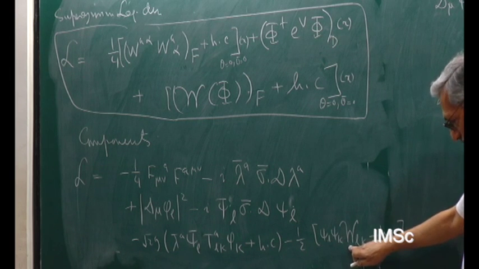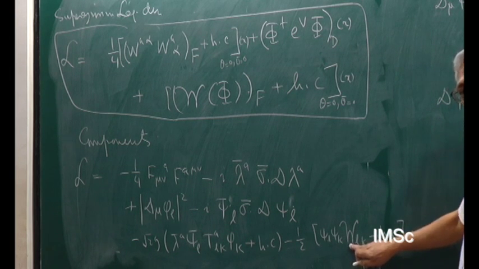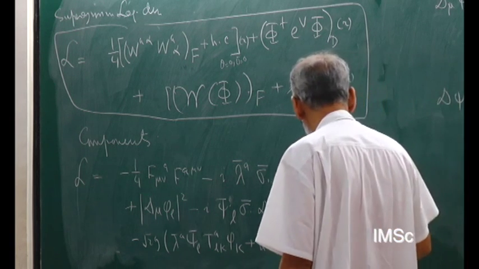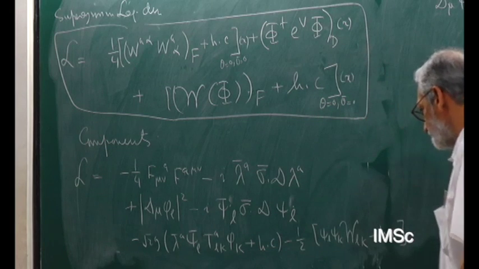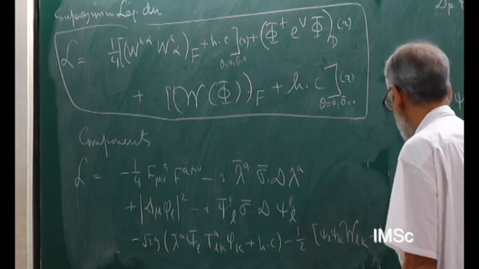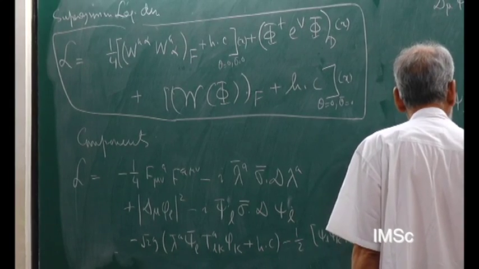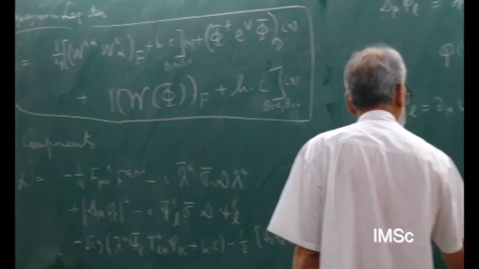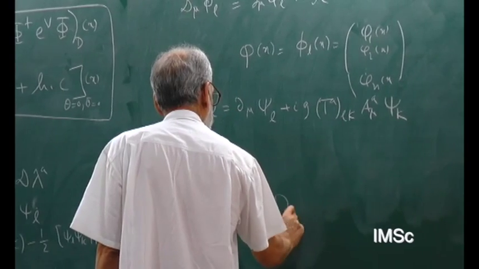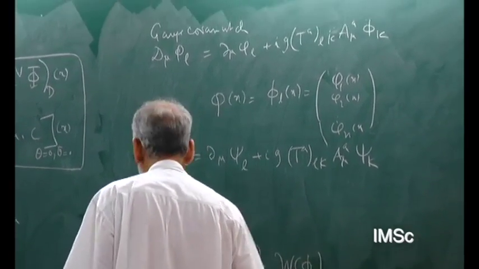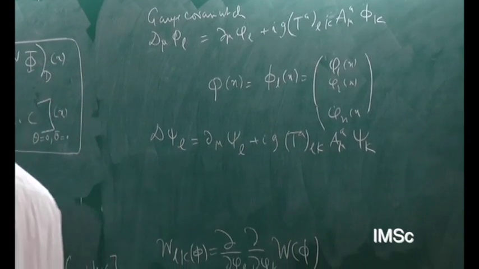So, W_{LK} is the second derivative of the superpotential with respect to the fields. So let me write it. W_{LK}(φ) is ∂ φ_L ∂ φ_K of W(φ). And then